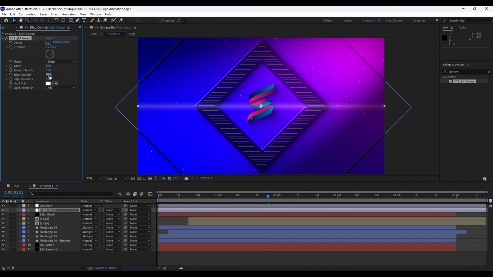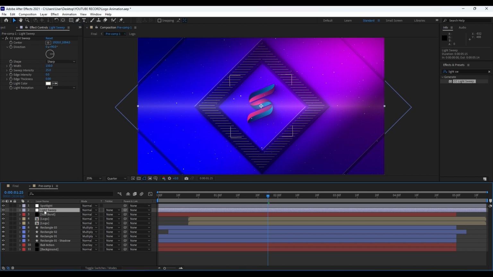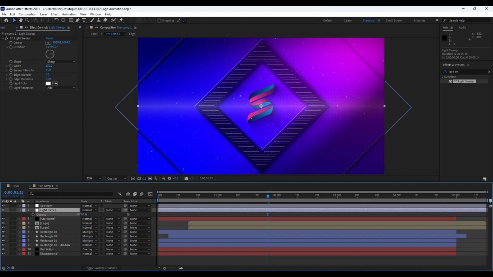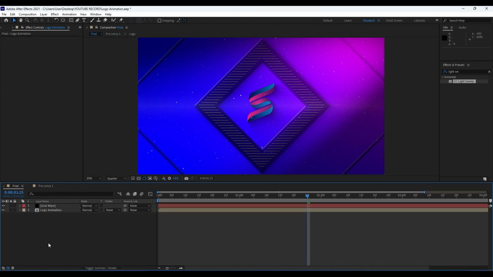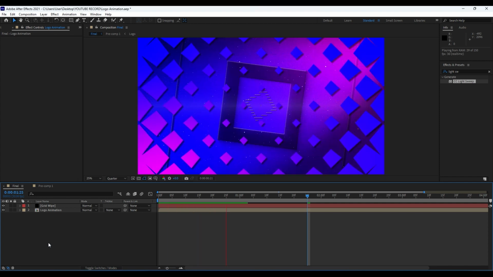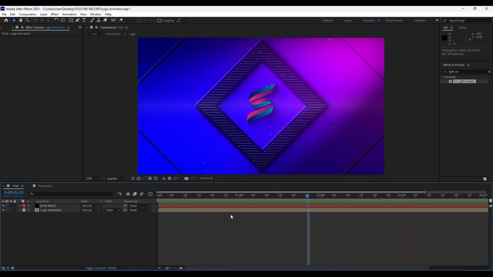For the edge intensity and edge thickness, choose 0, width play around, maybe to around 150, and also hit T for opacity here on our layer and move it around maybe 30 or 40%, like so, maybe around 35. And as you can see, we have this cool shadow here in our finals in the middle of our composition. Okay, and now in our finals, when we hit 0, we have this really cool and creative